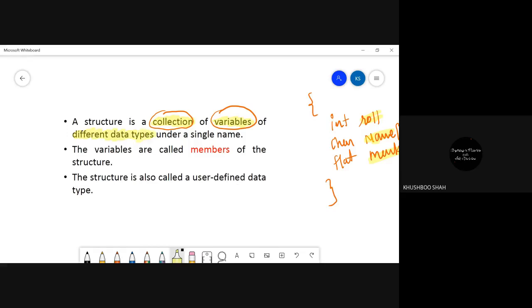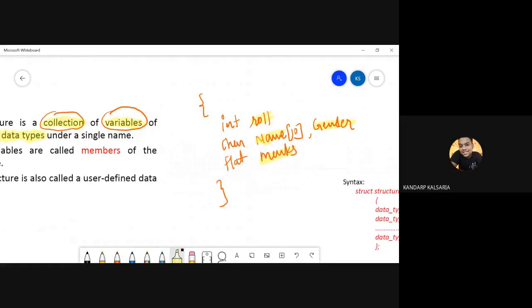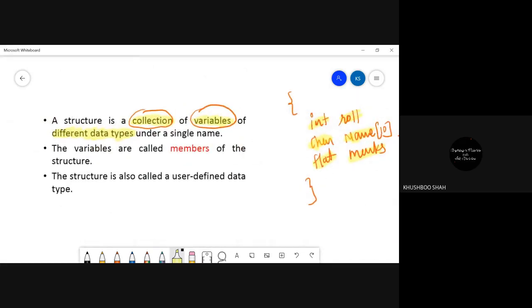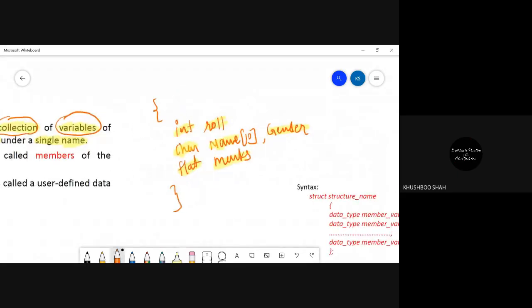Yes, ma'am. Which ones? Integer, character, and float. So some variables are of integer type, some char, and some float, under a single name. Now I am going to give the name STD to this block.